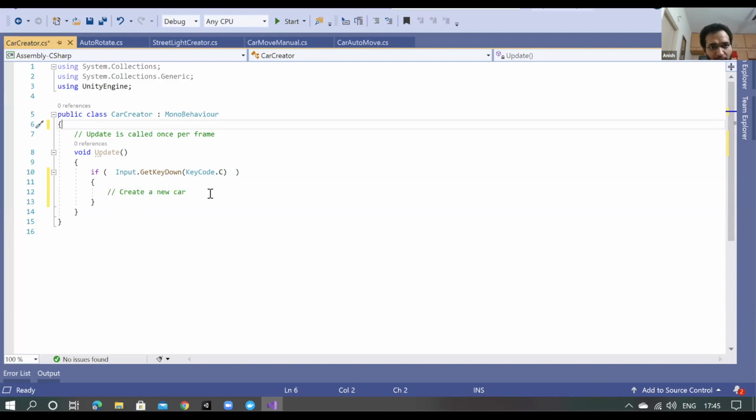Okay, I'll create a new car. I have just written this thing in the comment, but how do we create a new car? We have seen that we created functions like add function, square function, print function, or Update, or Start.